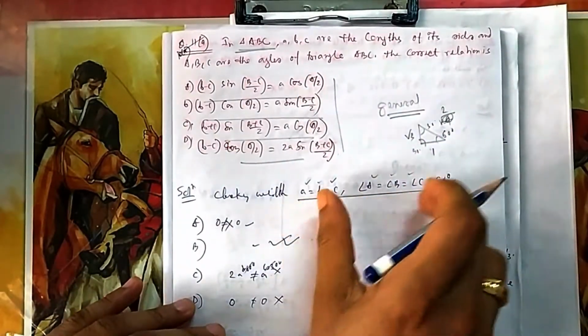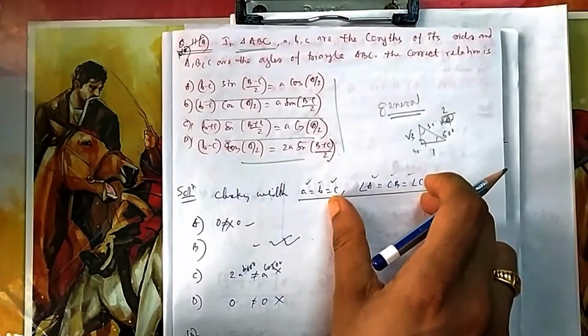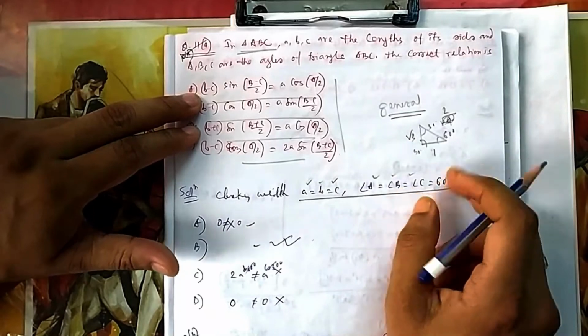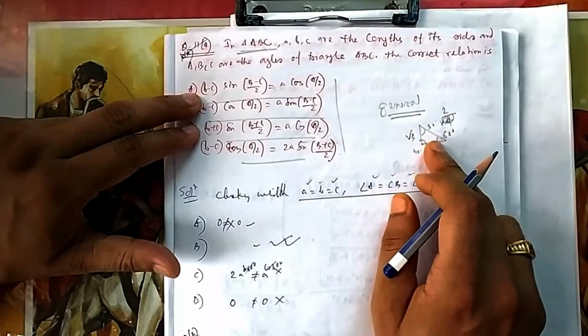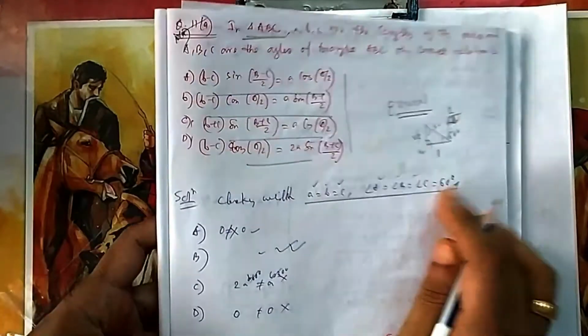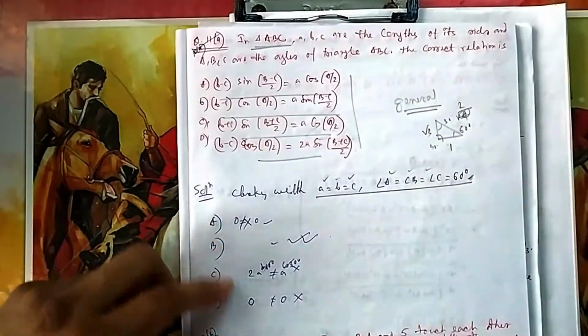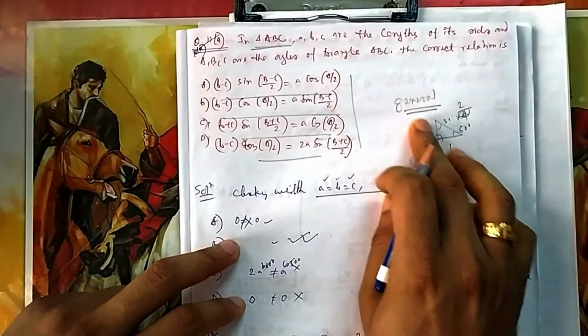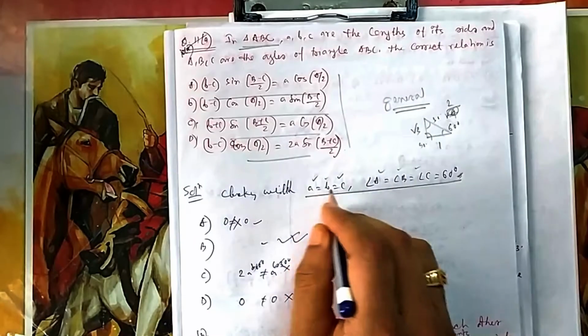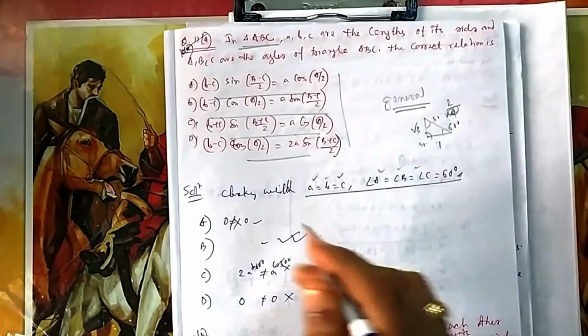If I am checking with the equilateral triangle and I find two options correct, then I am not sure which one is correct. Then you try with another general one, this one. Obviously you will find that only one is correct. So that's the idea of doing this without going for long proofs and derivations. In the exam this will be very helpful for you, not only in this topic but in every topic. So if you try with this equilateral triangle, let us put it in the first option.